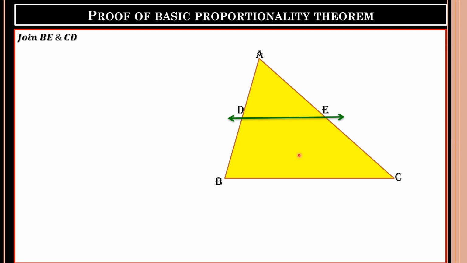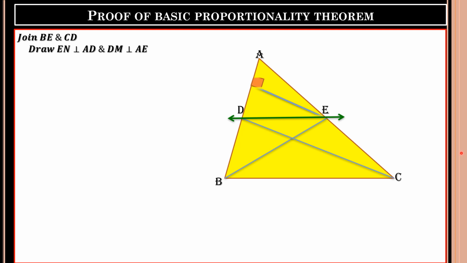Then we have to prove that AD upon DB is equal to AE upon EC. So first of all, join BE and CD like this and draw perpendiculars from point E to AD and D to AE, this way,